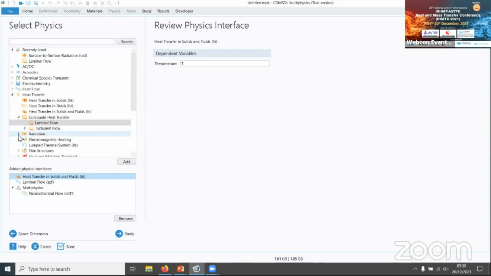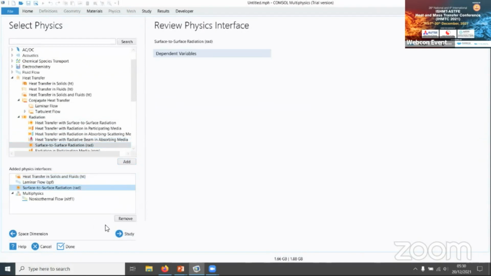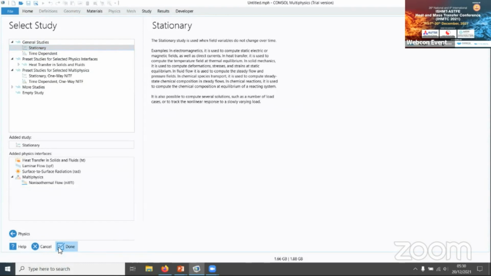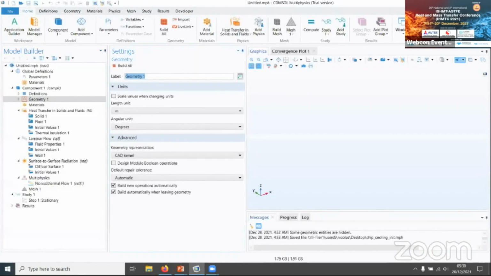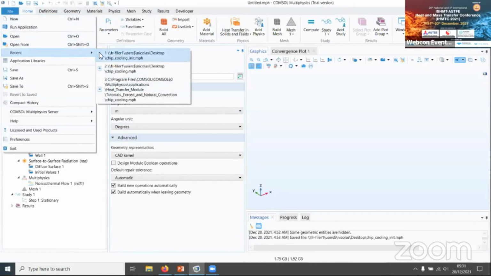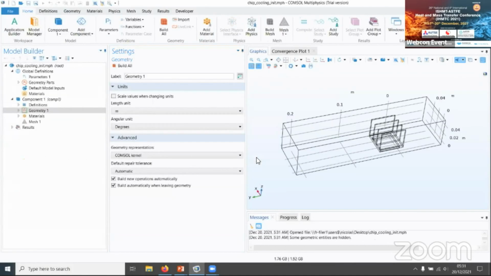You can also add surface-to-surface radiation, so you get all your model. Then you can decide the type of study you want to solve for, stationary in this case, and then you start your model. So in order to save some time, I'm going to load a model where this has been done, and also the geometry has been defined, so that we don't spend time on that.